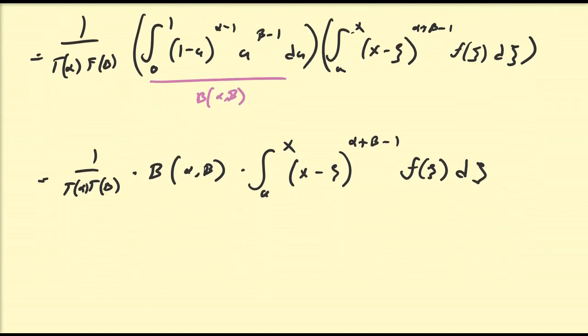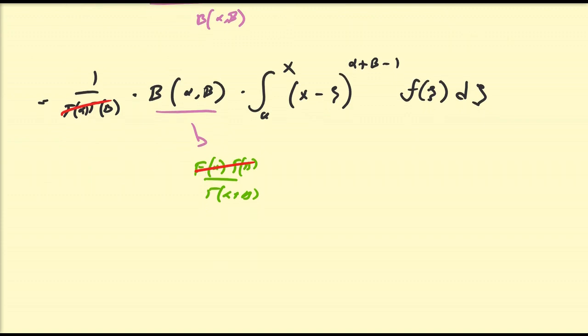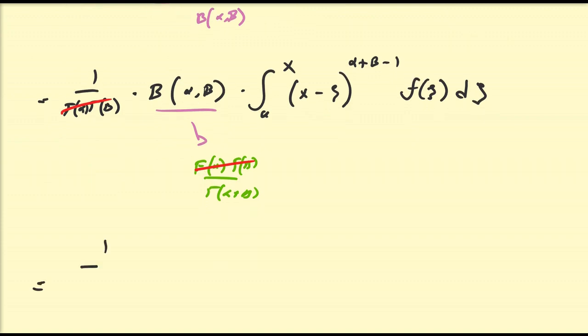So using our properties of the beta function, this is actually just equal to gamma alpha, gamma beta all over gamma of alpha plus beta. So the gamma alpha, gamma beta product cancels. So we're just going to be left with 1 over gamma of alpha plus beta times the integral from a to